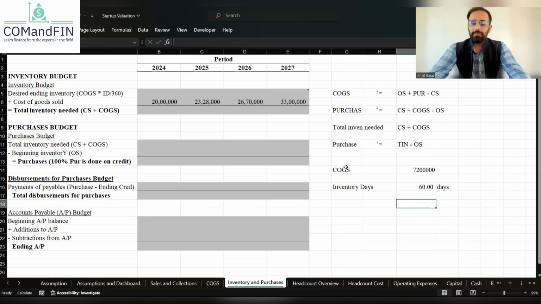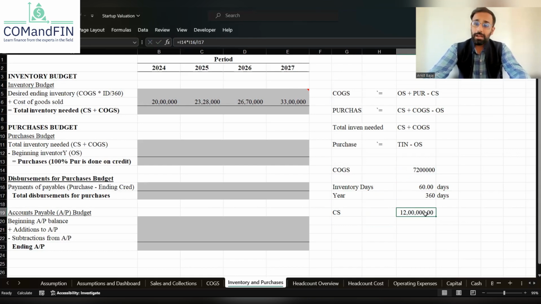So here, simply what I will do, I will take the same formula which we have already discussed. In a year, there are 360 days. If I want to find out the closing stock value, I will take COGS and multiply this with 60. This is going to be the inventory days, and we will divide this with 360. So here we will be able to calculate the amount of inventory which is required,